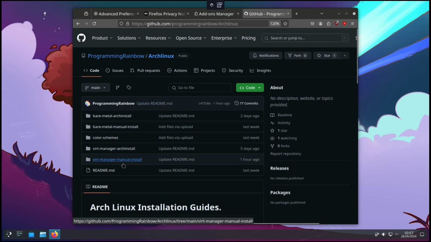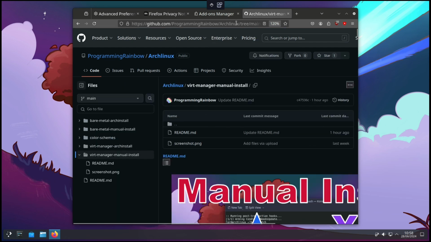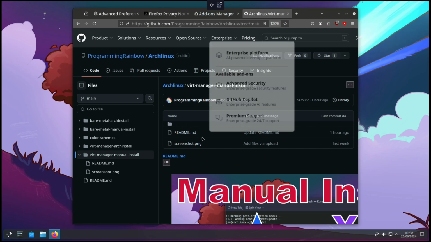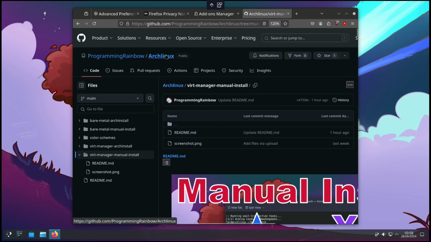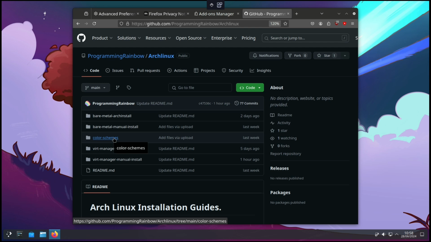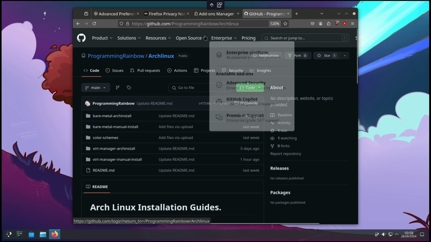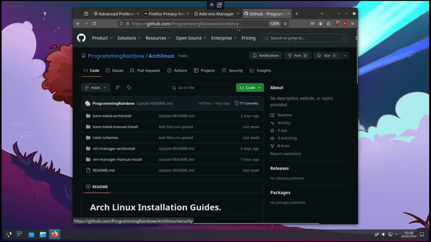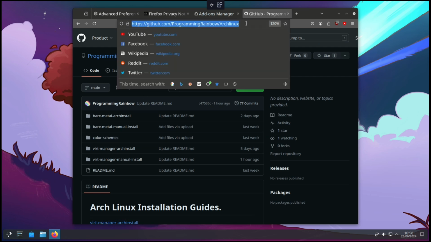Okay, we are in the virt-manager manual install. So if we were to clone this, in here in Arch Linux, in Programming Rainbow, I have the color schemes for Breeze, but using the Catppuccin color schemes. So it's still using the Breeze theme, but coloring in with Catppuccin colors. So if you want to grab this, you can just grab this URL up here, and you can open up